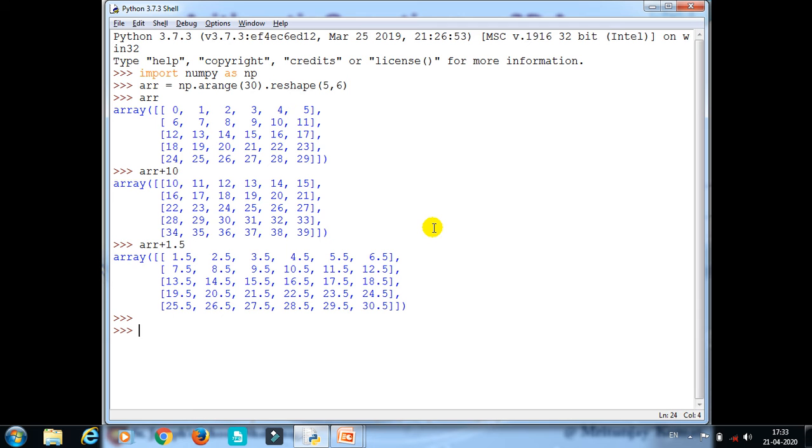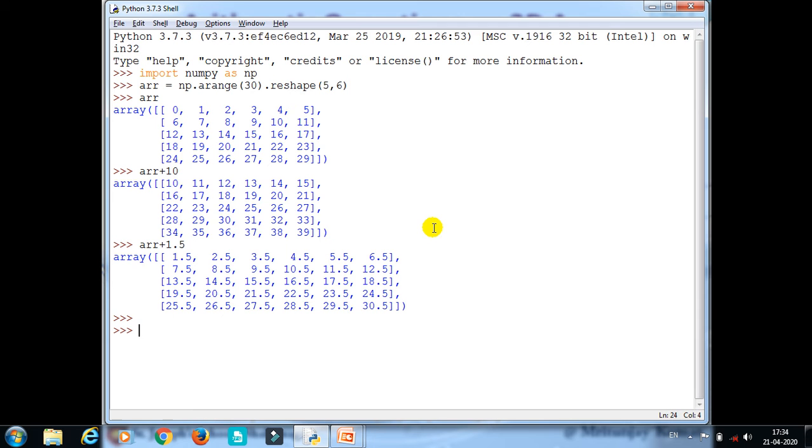Now we'll see some more operations. I'll create a new array, another array. So let us create a new array.